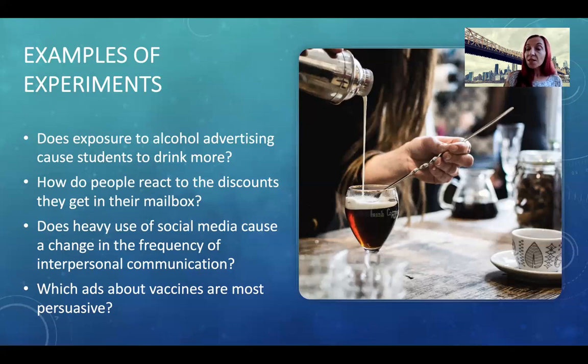So this could be an example of communication research because we are talking about advertising, and advertising presents a form of communicating a message to people. So